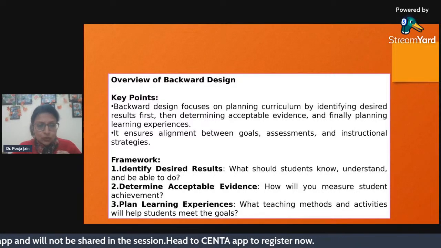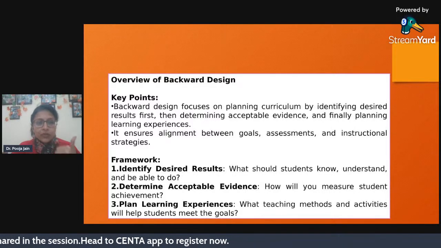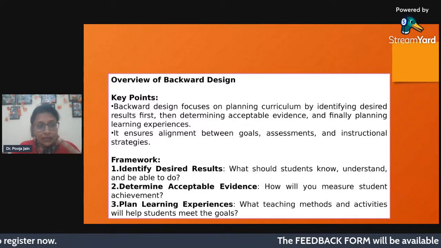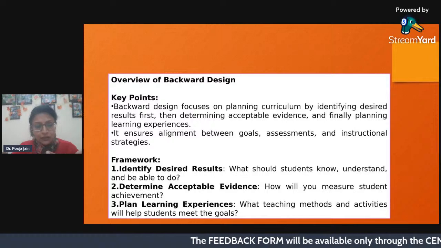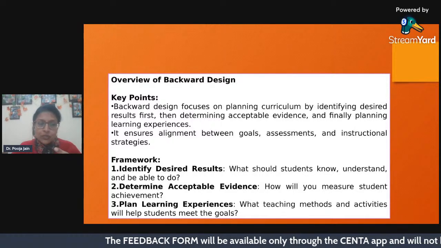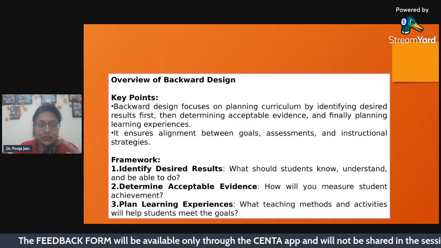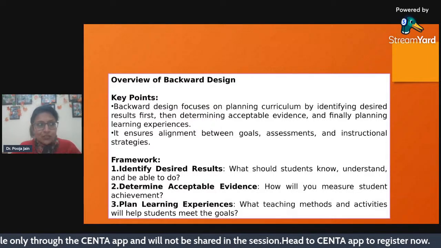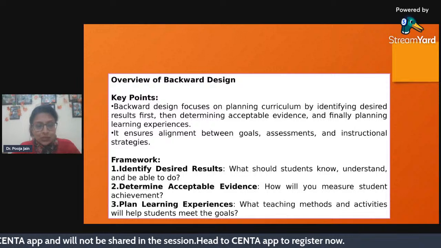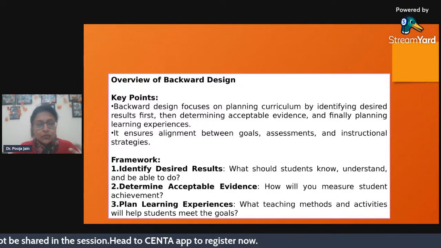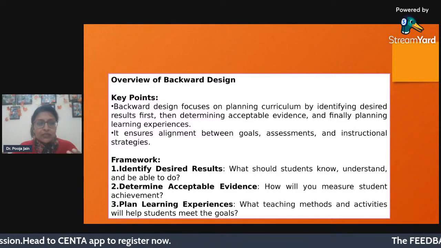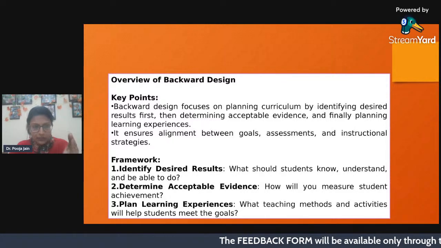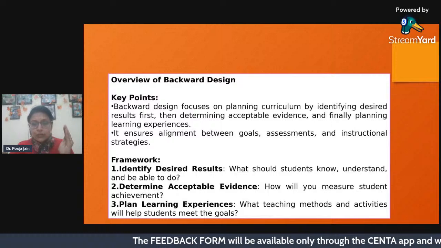In simple, short, and sweet terms, first we identify our learning objectives and outcomes. Then we design assessments in a manner that aligns with the learning outcomes and objectives. That is how we gather evidence. And then we design and strategize activities and plan sessions in order to help the students meet their goals. So there is a complete alignment between the objectives, that is, the learning intentions and learning goals,